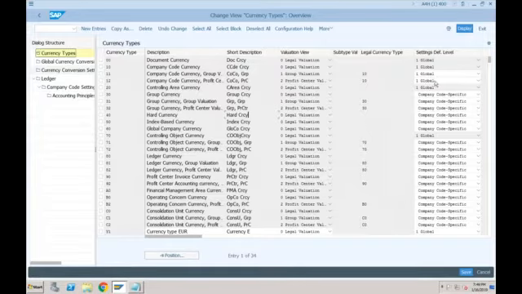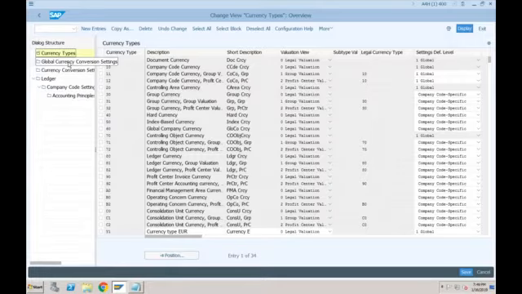Okay, so these are all additional flexibilities provided by the system. It is not mandatory to use them, but if you come across a situation where the customer needs parallel currencies, you can go here and create them according to the business requirements. So here is the place where you can create different currency types.